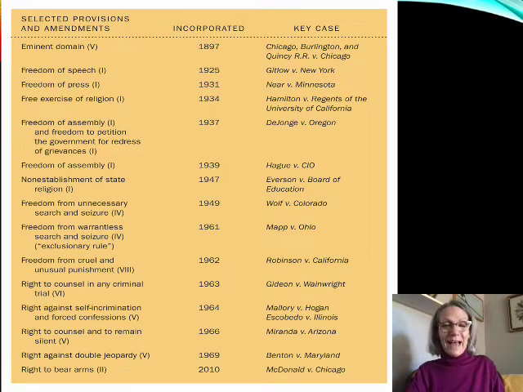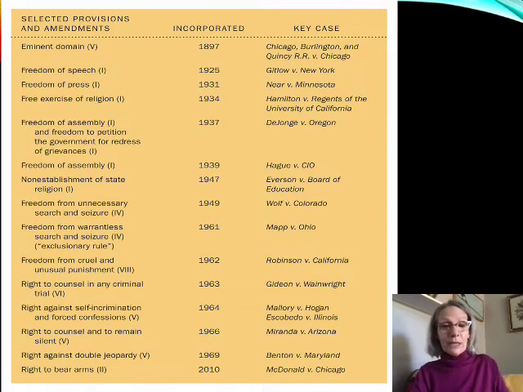So on the last slide, I talked about how with the passage of the 14th Amendment and the inclusion of the Due Process Clause, it was at that point moving forward that the Bill of Rights was applied to the states, right? So that the states had to follow the Bill of Rights as well. And I said that happened selectively. It wasn't like in 1868 with the inclusion of the 14th Amendment that a magic wand was waved and all the liberties of the Bill of Rights immediately applied to the states. That's not what has happened. And in fact, not all the liberties of the Bill of Rights have been applied to the states.